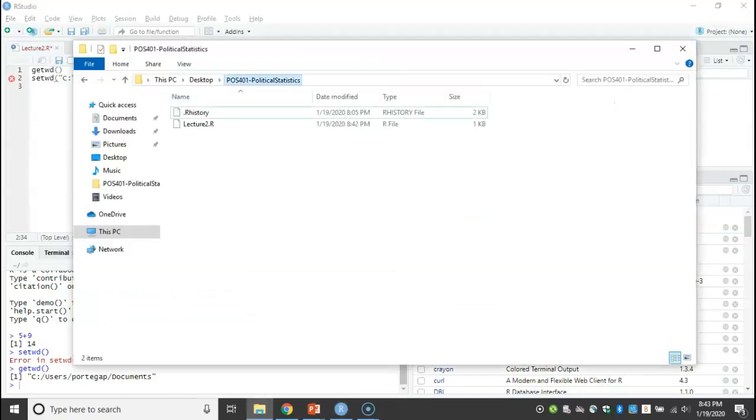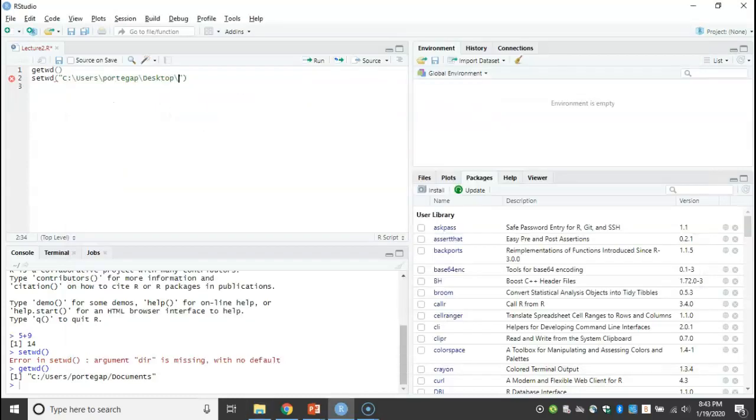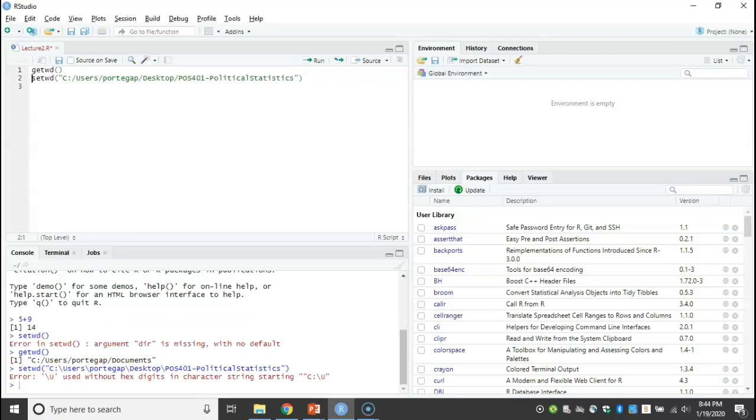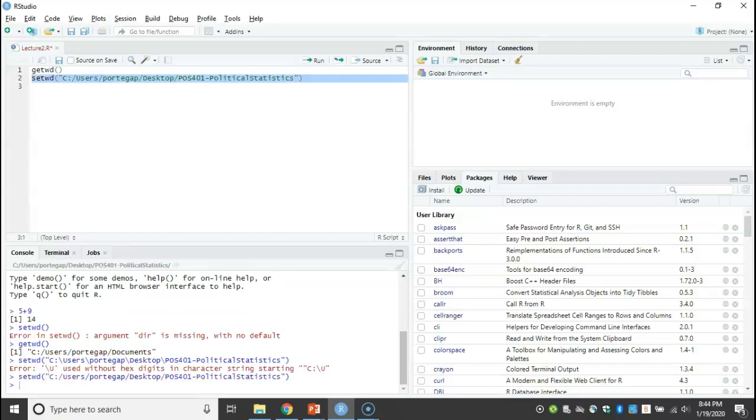And the name of my folder is the name of the class. So it's POS401 Statistics. Yeah, I fixed it. Okay, so this is fixed, and now I set my working directory,